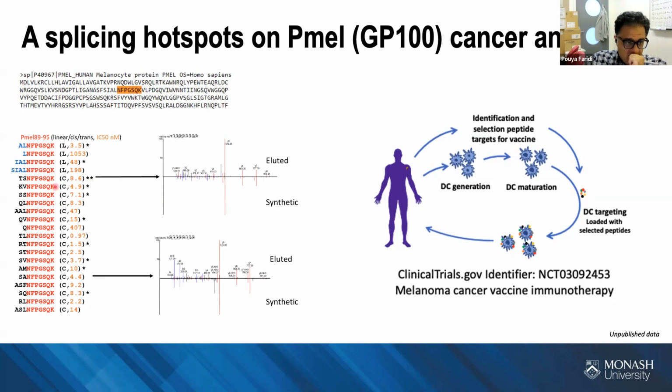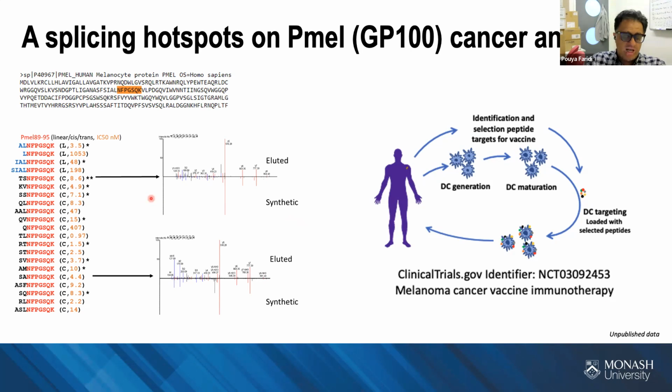But surprisingly, we saw more than 10 other peptides coming from this segment, but in spliced form. So what happened? This segment somehow got stuck in the proteasome, and then 1, 2, 3 amino acids from other parts of this protein came and bound to the N-terminus of this small peptide and generated new sequences, all of which were presented on the cell surface. We synthesized these peptides and confirmed that the sequence is right, and then we did other validation studies to see if they are immunogenic or not, which I'm not going to talk about here.